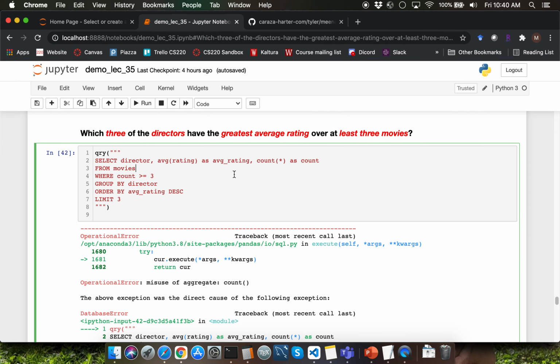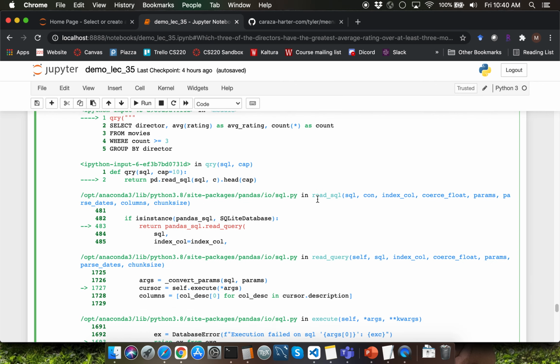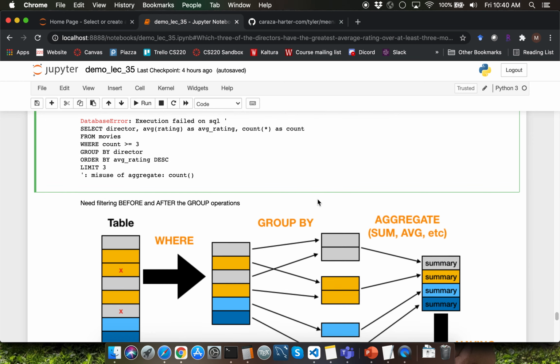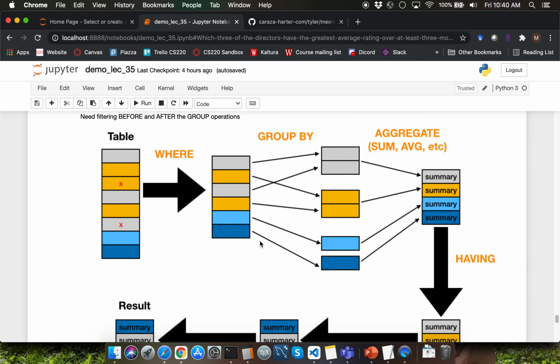Hello everyone. Before we learn how to use the having clause to write the query to solve this particular question, I want to talk about the various SQL clause ordering with respect to internal execution of a SQL query. The very first SQL clause that gets executed is the from clause, which enables us to narrow down a specific table of interest among the tables stored within the database.